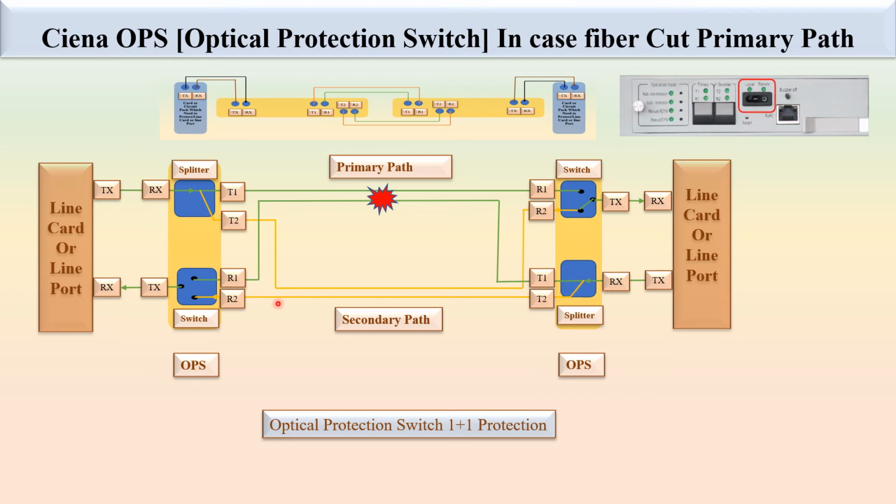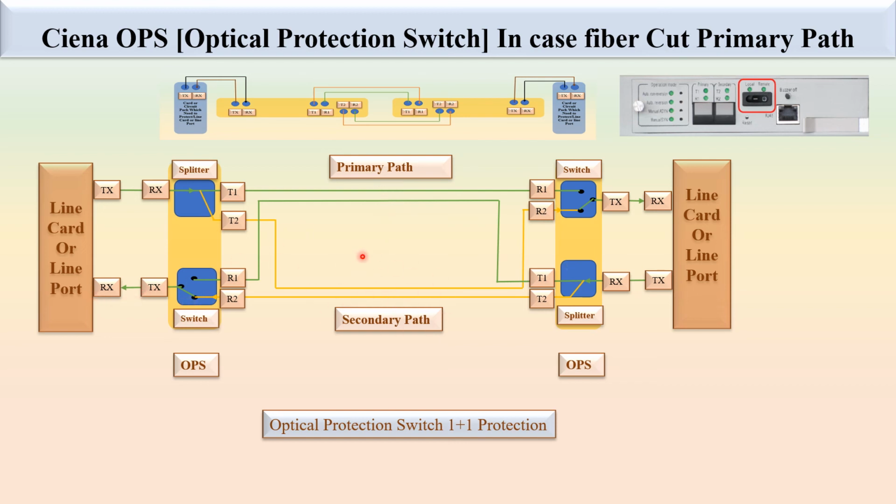And in the same case, on the other side, here R1 is lost, so it switches from here to the secondary path. You can see here. So now the secondary path is in operation. You can see here the signal. These signals do not reach the destination through the primary path. So the circuit signal is going from this R2 and from here. So the secondary path is working.